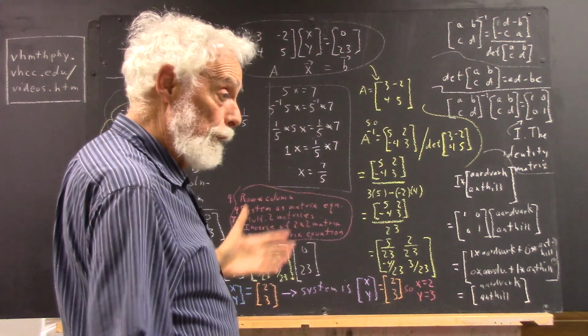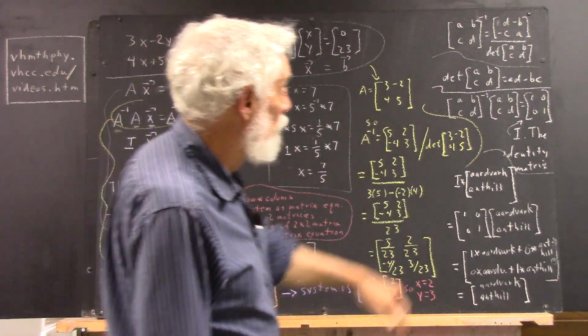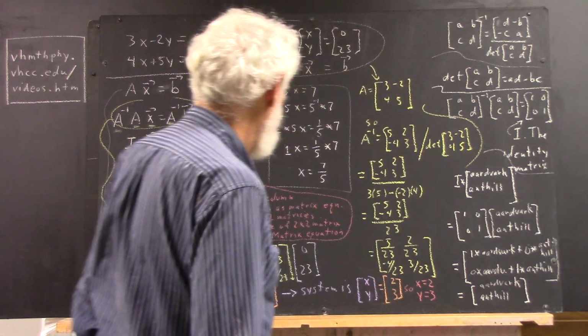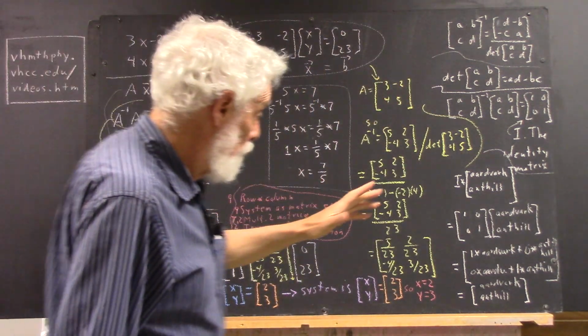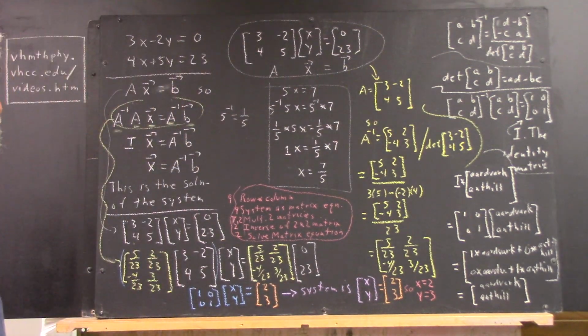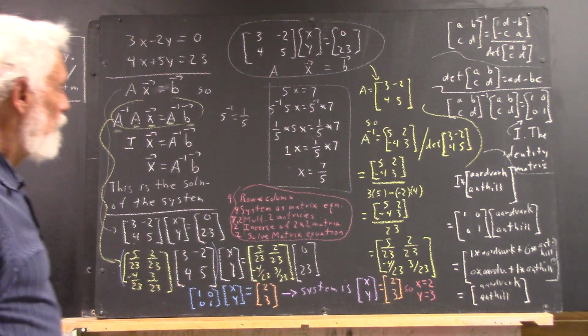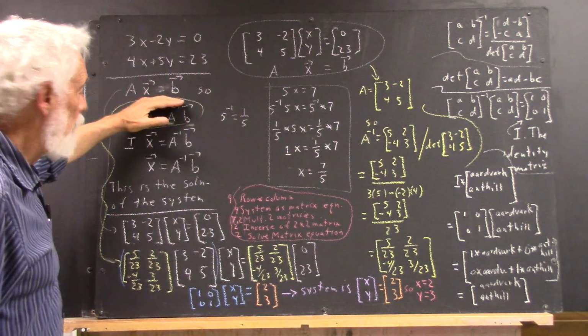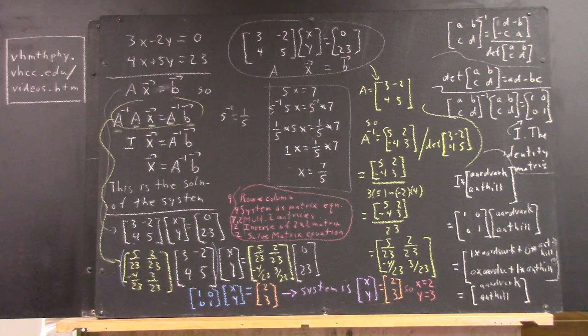A 3 by 3 identity matrix would have similar form: ones on the diagonal, 0 everywhere else. You don't need anything bigger than 2 by 2 right now. Okay, that's okay. Now, we're going to use this inverse the same way we use 5 inverse to solve this system. We'll continue that